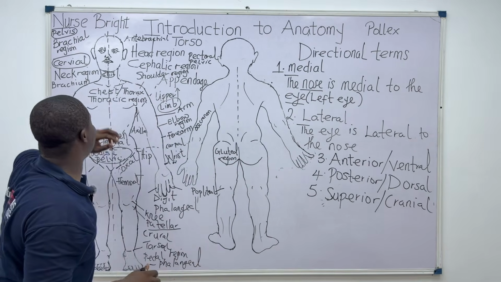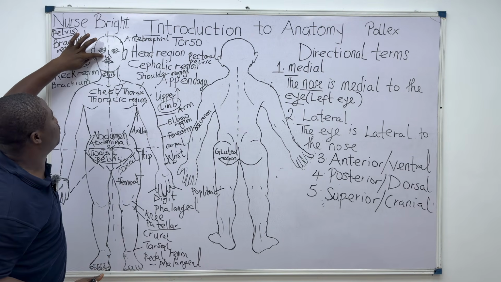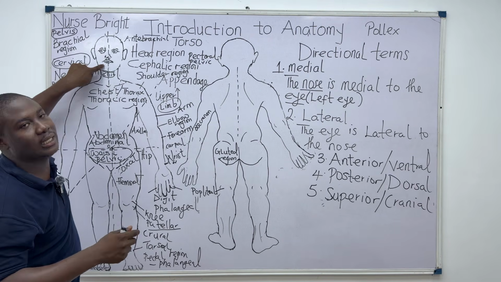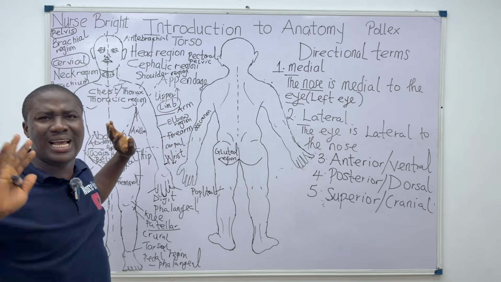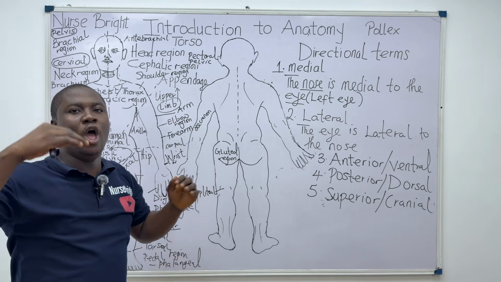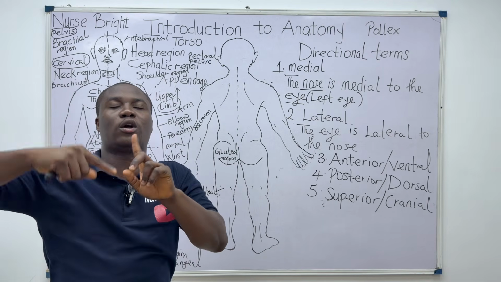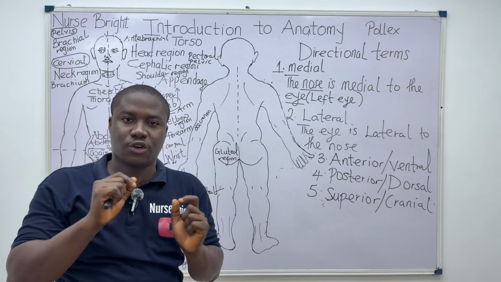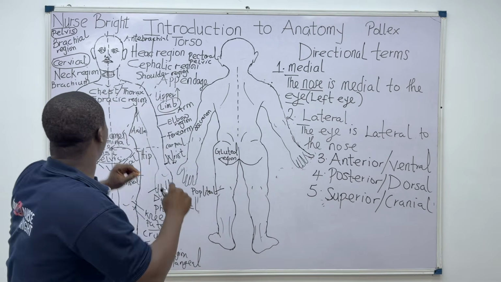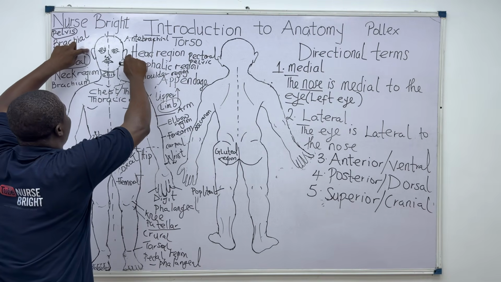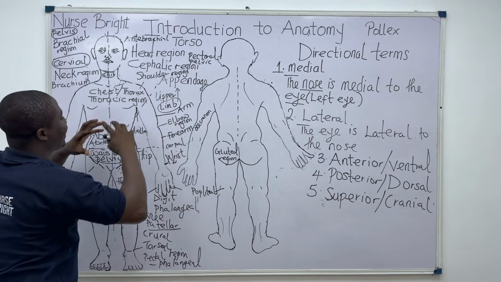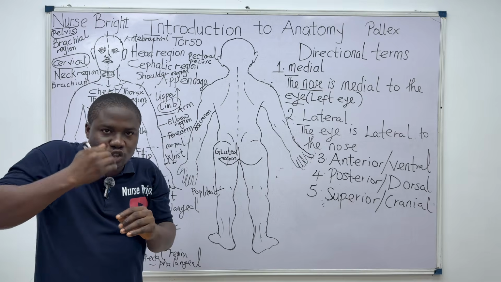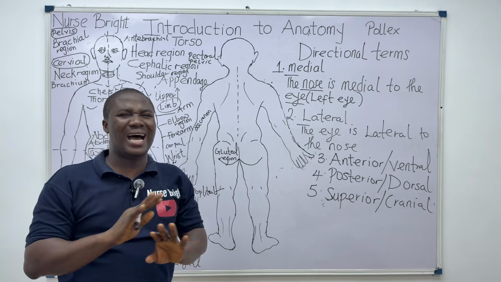All these things are very easy. They are not difficult at all. Another example is that the nose is superior to what now? The lips. You can see how all this works. Whenever you are superior to another, you'll be closer to the head region. That's what superior is. And if you call it superior, you call it cranial. Now, moving further, what about the ears? The ears are superior to what now? The shoulders. That's what superior is. It's not hard at all.